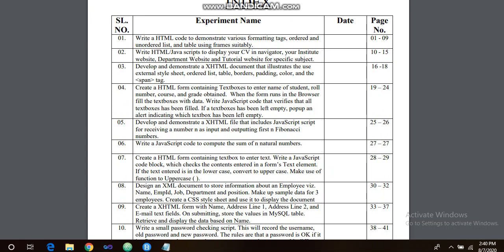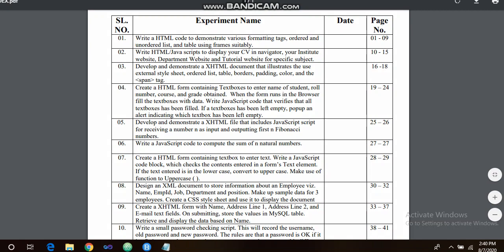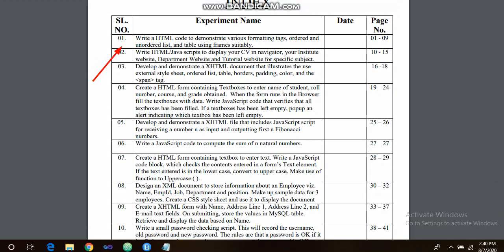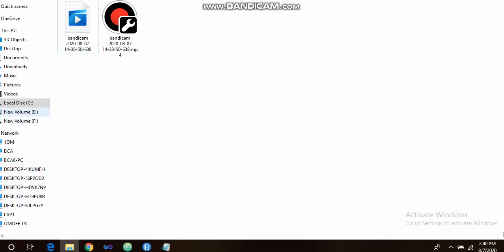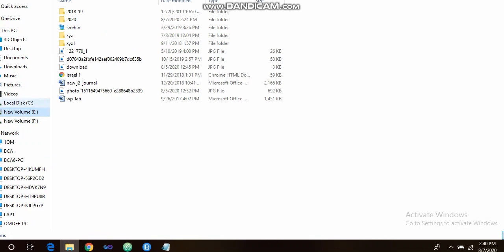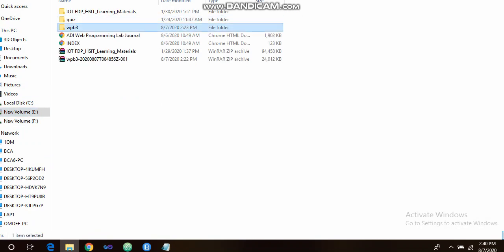So coming to the first code, what we have to do is create a frame, and in that frame we have to create one menu. Once you create that menu and click on it, you get so many files, and those files are opened in another frame. So this is the part of the code. This is the program which we practiced in the lab, right?